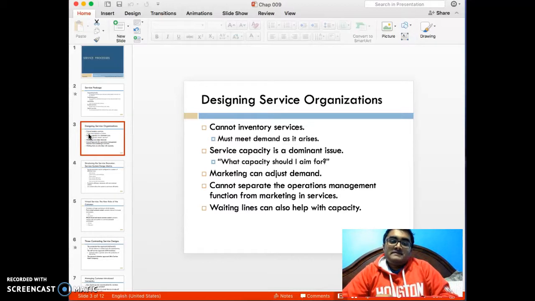Next is designing service organizations. So you design a service, and you can't base your inventory on what you want, but you have to base it on what the customers want. You should always aim for the median. You can't have too much, or else you're not going to make a profit and the price is just going to go down. Before you order an item, you should get a survey so you can see who wants to wait for that item and who doesn't.